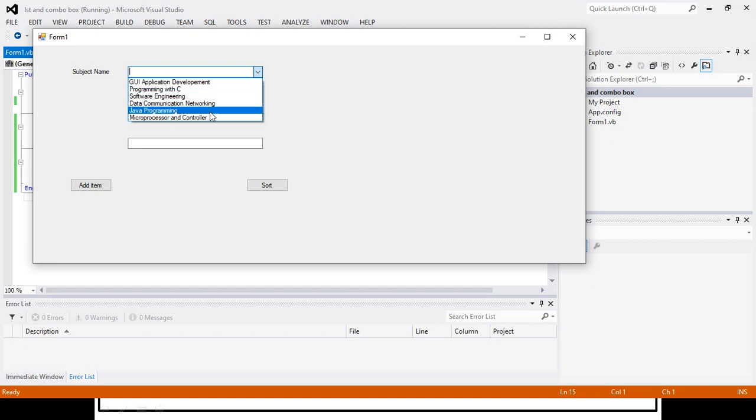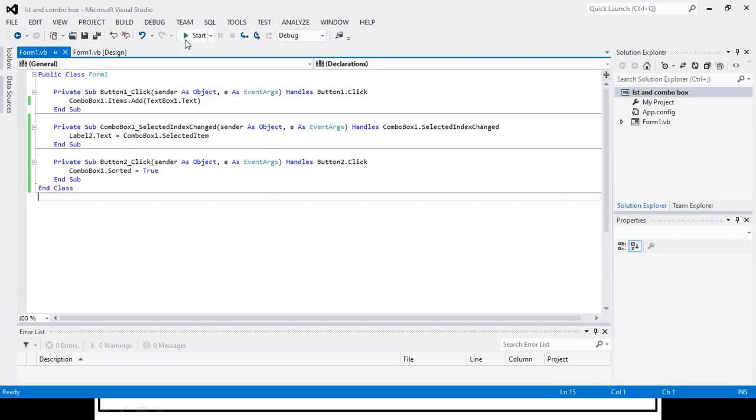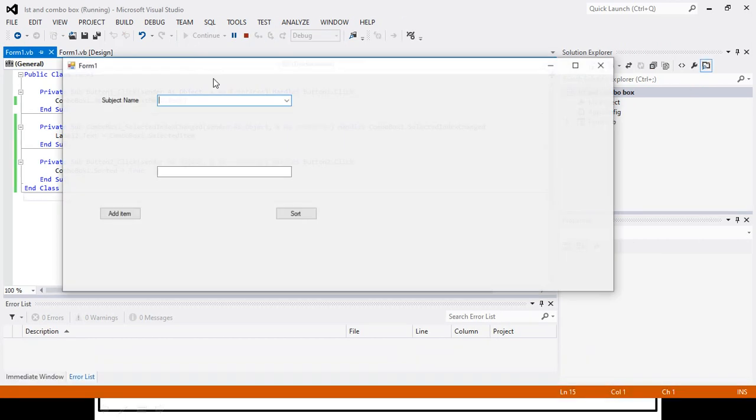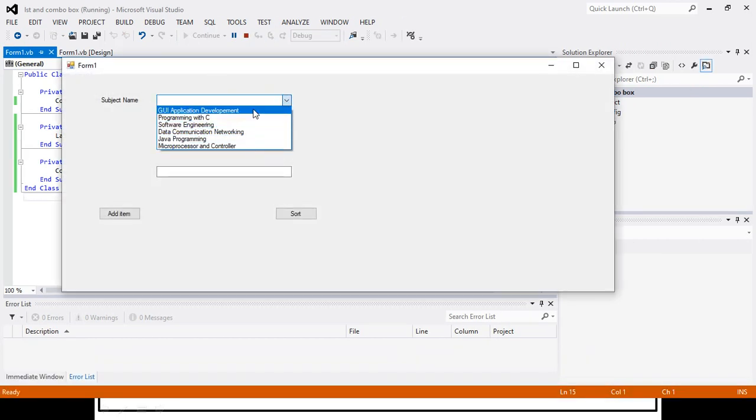See, these are not now in sorted order. So when I will click on this button, the items will get sorted. Okay. So it has sorted alphabetically. This is again only for this particular event. It will not be permanent. If you will stop its execution and again execute it, it will show the order as per what you have written in the property. Let us check. See, it is not the permanent sorting. It will sort it, but only for that particular execution event.